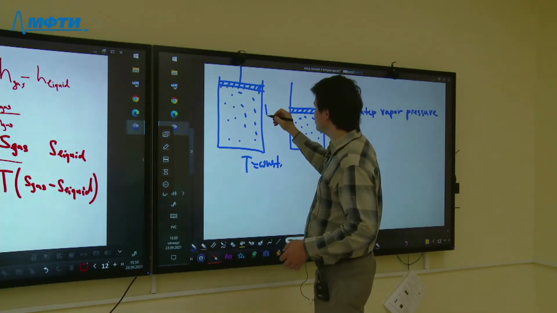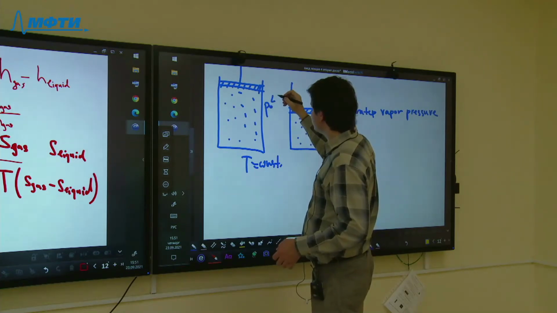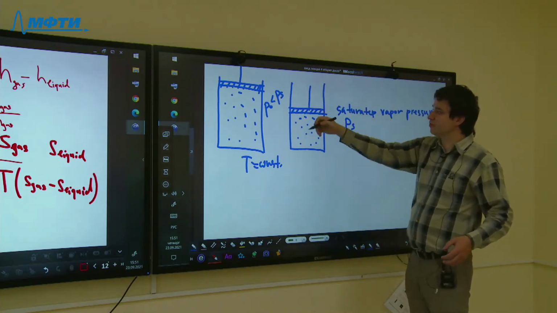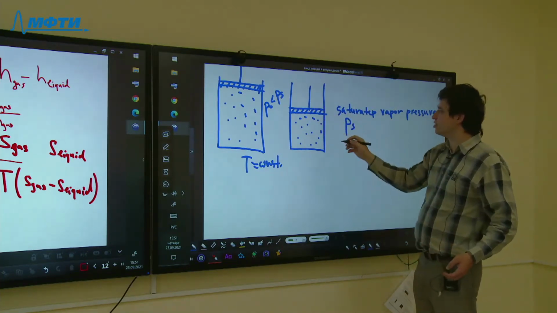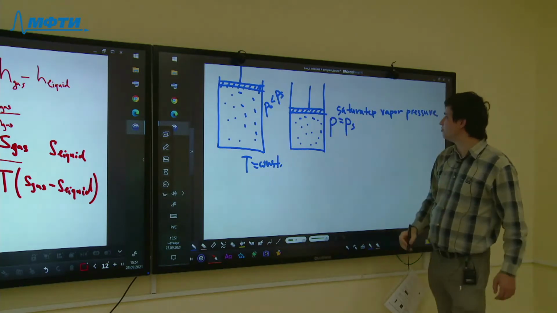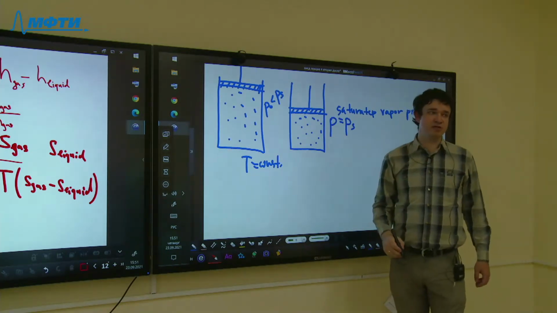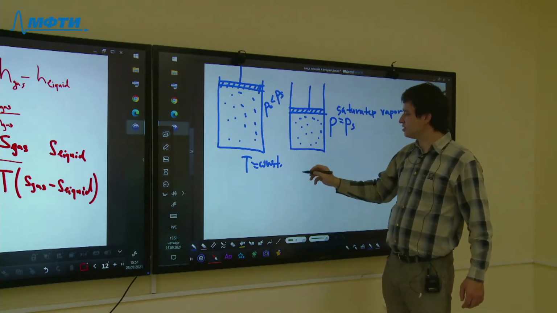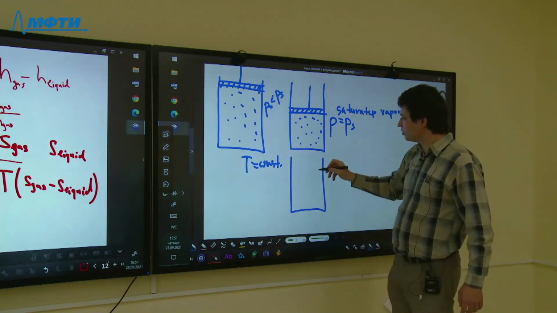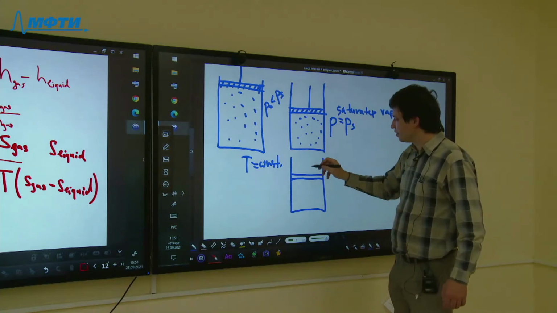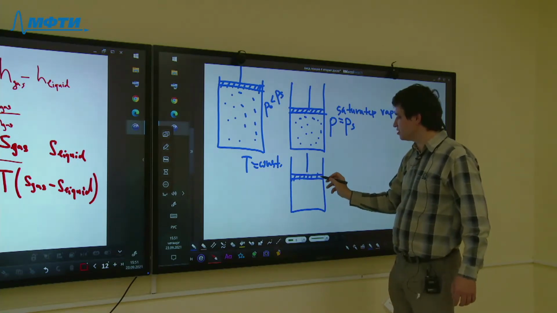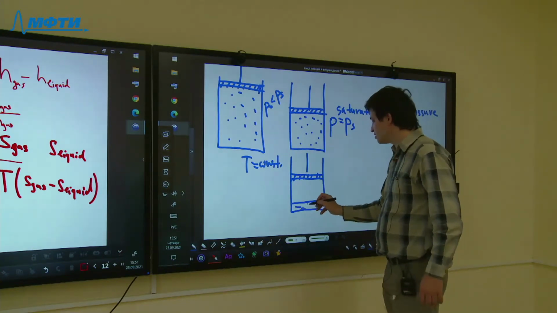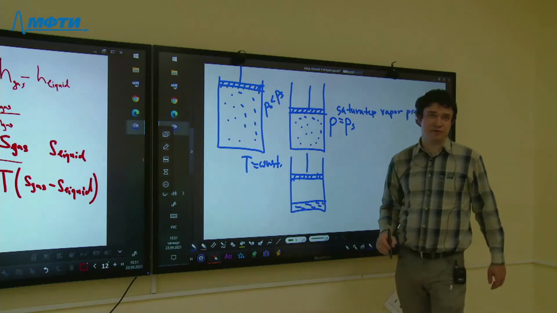So in the initial condition, you have pressure of gas less than the saturated vapor pressure, but as you decrease the volume available for the gas, you increase the pressure until it reaches the saturated vapor pressure level. And from this point, condensation onsets. So the condensation starts, and as you try to decrease the volume further, instead of the pressure increase, the pressure would remain constant. But part of the gas would go into the liquid phase,